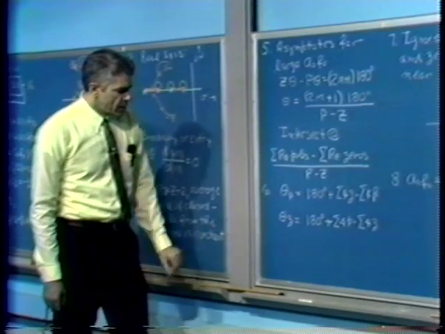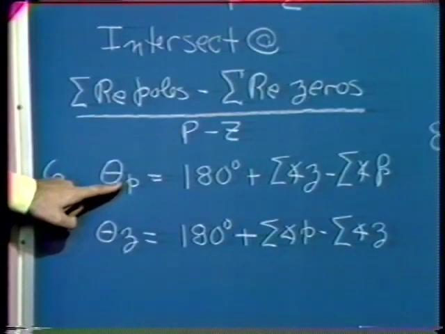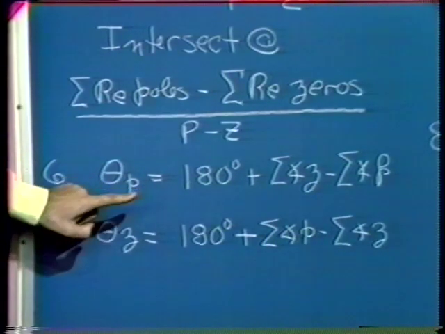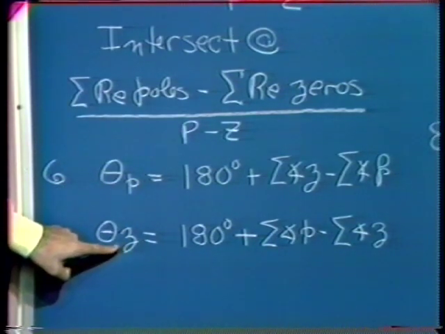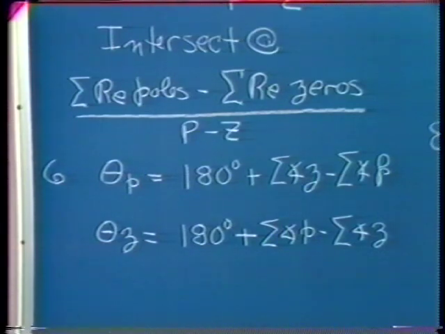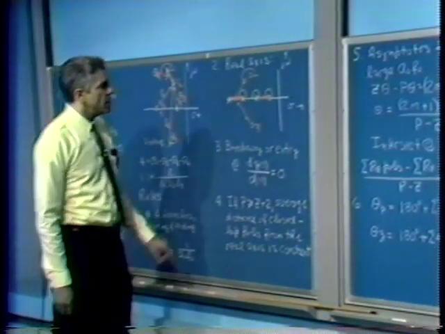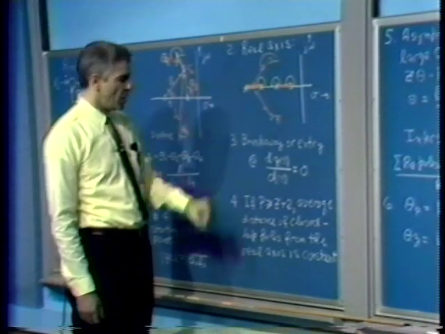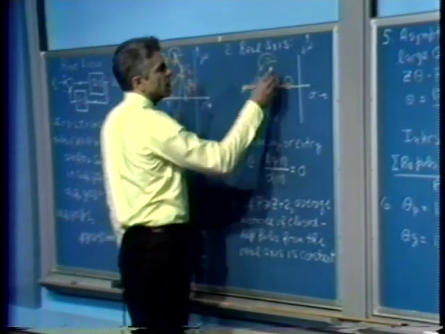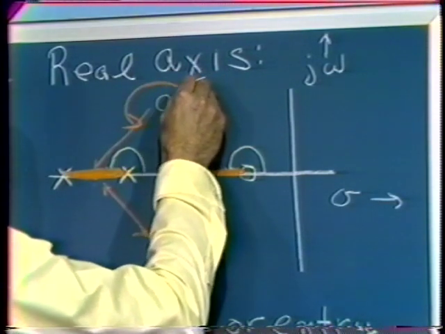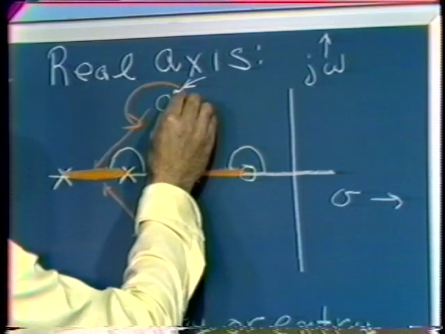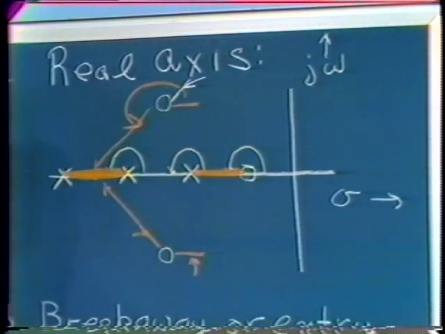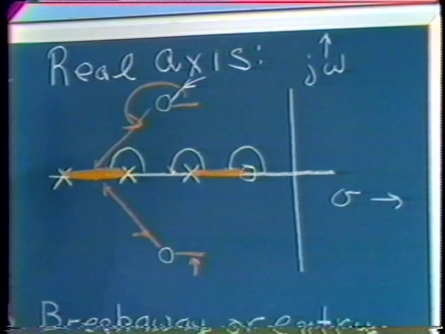Rule 6 tells us the angle that a branch makes either leaving a complex conjugate pole for small values of a naught, f naught, or entering a complex conjugate 0 for very large values of a naught, f naught. In other words, if we were interested in how the branches of the root locus diagram eventually reached this 0 for very large values of a naught, f naught, a branch might come into that point from somewhere in the S-plane. And if we were interested in this angle, in other words, the angle that that branch had at the time it enters that 0,